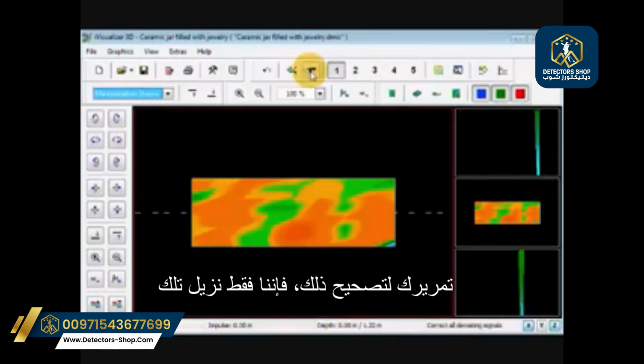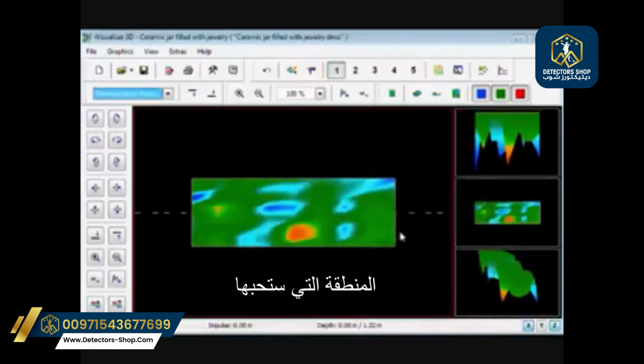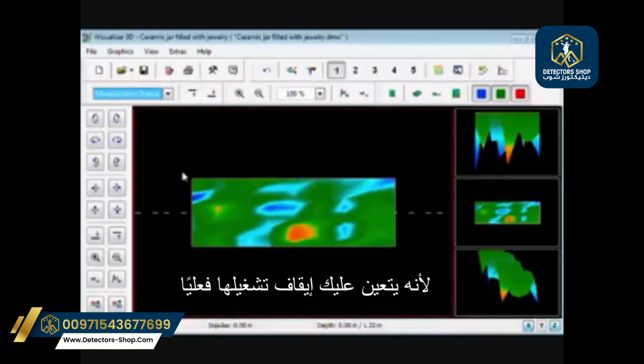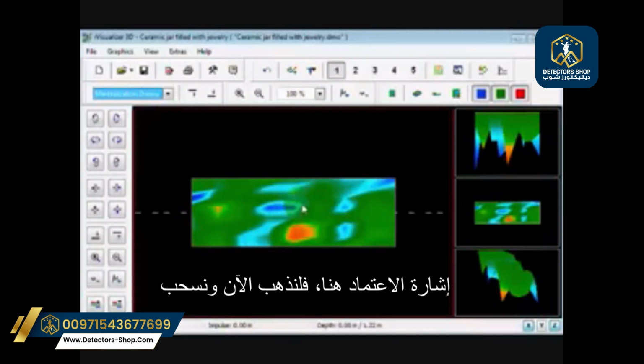To correct it, we just take out that one area. We'll have it here, and we'll have it over here at the end when you stop it. This is not always at the end, but on the older units it will be, because you have to physically turn it off; it's not automatic anymore. So that is the essence of correcting the signal.